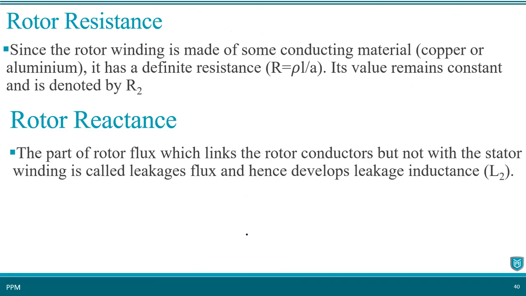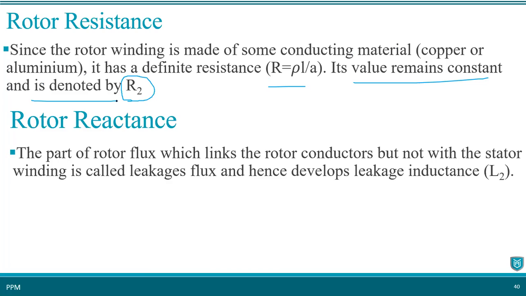So next are the two important parameters which are there in your rotor. First, rotor resistance. Rotor resistance depends upon the length of the rotor. If it is a wound rotor, it depends upon the winding which we have used. So it depends upon this equation. And obviously, rotor resistance will remain constant during operation. It will not change.